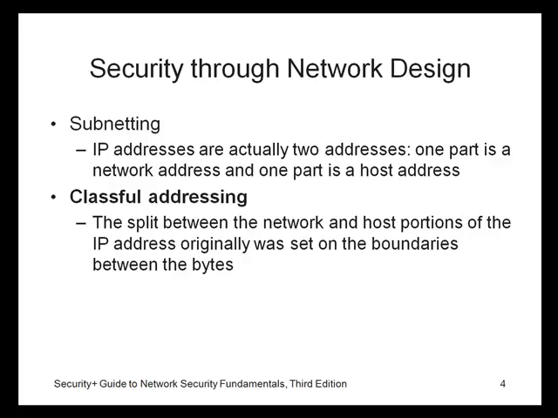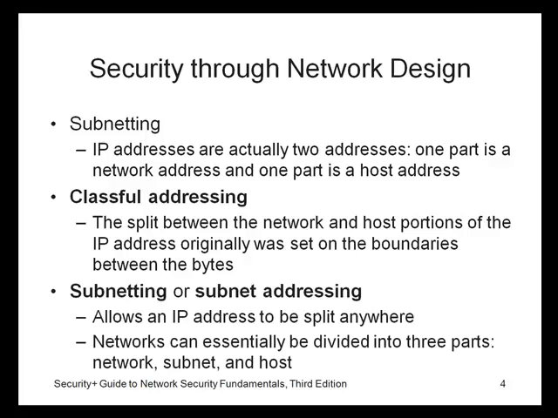protocols, by default, EIGRP and OSPF, had an auto summary. By default, they summarize network addresses to the classful boundary. Now, you can turn off the auto summarization, but by default, they do that. So you have to go in and use the no auto summary if you want to actually use subnets with these things. Subnetting, or subnet addressing, allows the IP address to be split anywhere, allows for better use of network